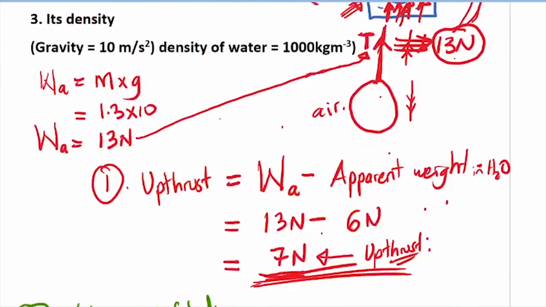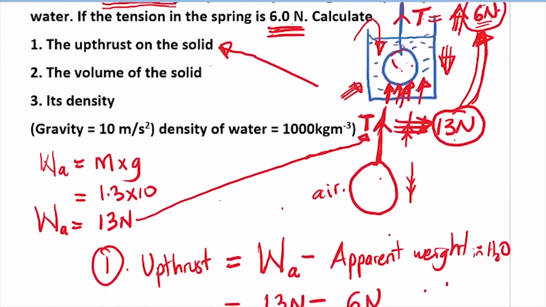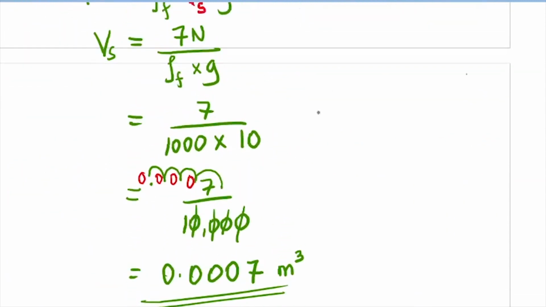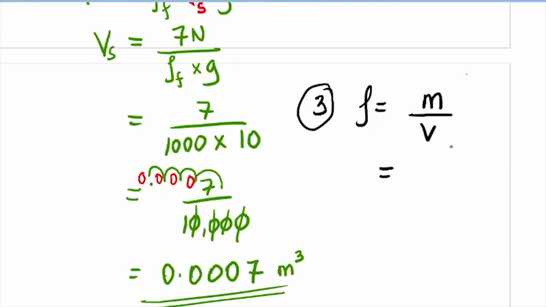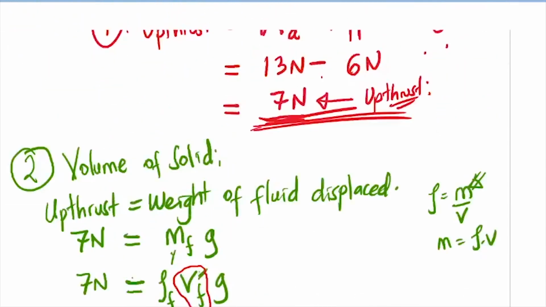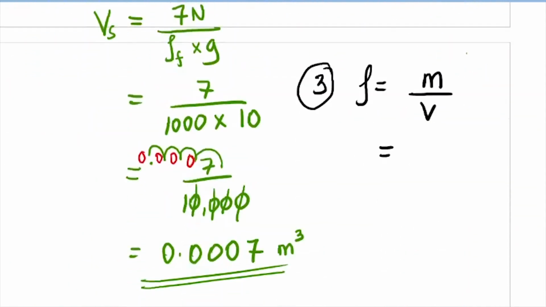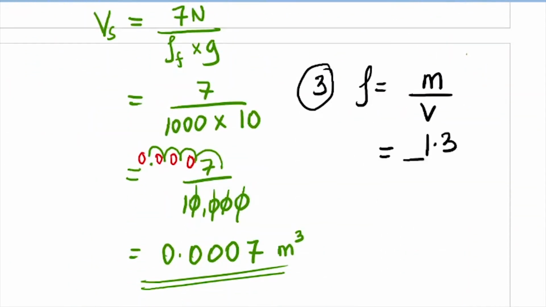So moving on to the third question, they're asking us to find the density of the solid. Of course, this is straightforward. To find the density of the solid, that is part 3, the density of the solid is going to be equal to the mass of the solid, divided by the volume of the solid. The mass of the solid was given in the question as 1.3 kilograms right there. So the mass of the solid is 1.3 kilograms, divided by the volume, which is 0.0007 meters cubed, and we shall end up with